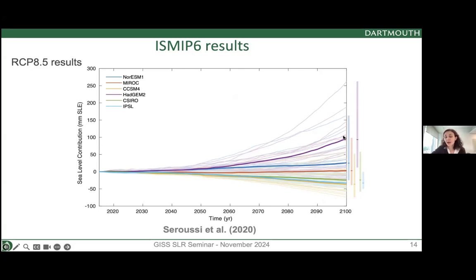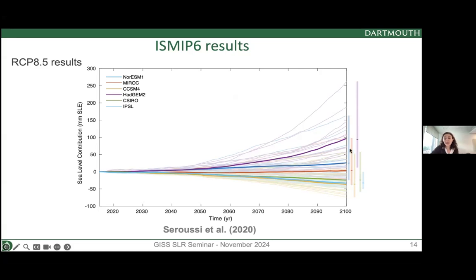And so we see here that there is a range of uncertainty, both when we use the same climate model. For example, if we take HGM2, we see that this tends to have the largest sea level contribution, from almost 0 to 26 centimeters of sea level rise, depending on which ice model you take. But you can also see that there are differences depending on which climate model you take. And so, for example, all the results with IPSL tend to have mass gain, while all the results from HGM had mass loss. So what's going on here?